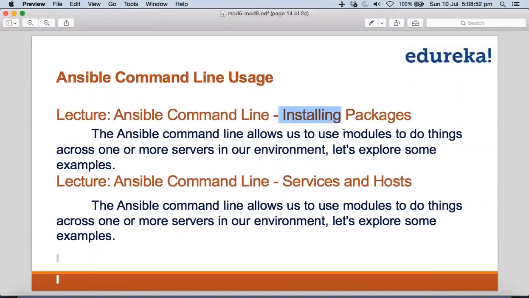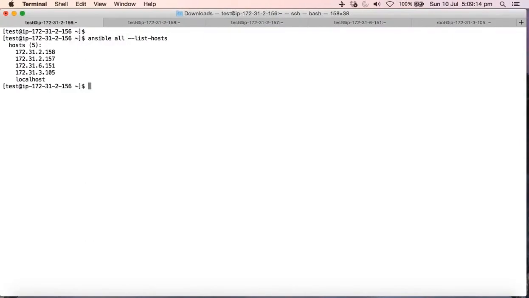The first chapter we are going to discuss is installing packages. The Ansible command line allows us to use modules to do things across one or more servers in our environment. Let's explore some examples. So we know the Ansible environment is intact, and I'm going back to my home directory. Let me check all hosts with ansible all --list-hosts. It shows the machines configured in our environment. And if I want to install httpd with the latest package, since we are doing everything now in the command line,